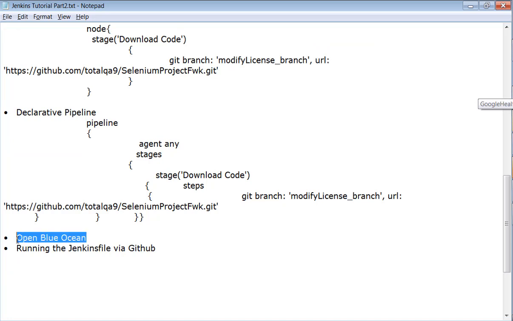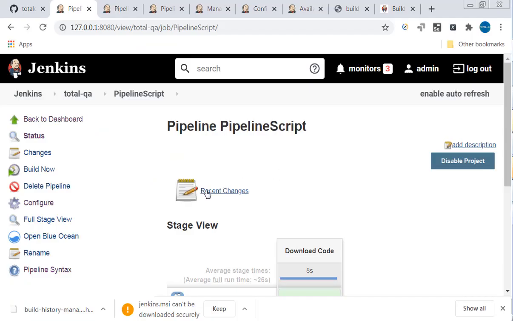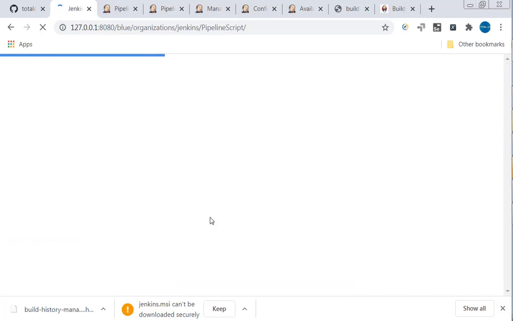Now, open Blue Ocean. This is very important. Once we try to execute these stages, we have the Blue Ocean plugin which we have to install on top of Jenkins, which will give the representation of the pipeline in a more pictorial way. That's the only benefit of this pipeline script.